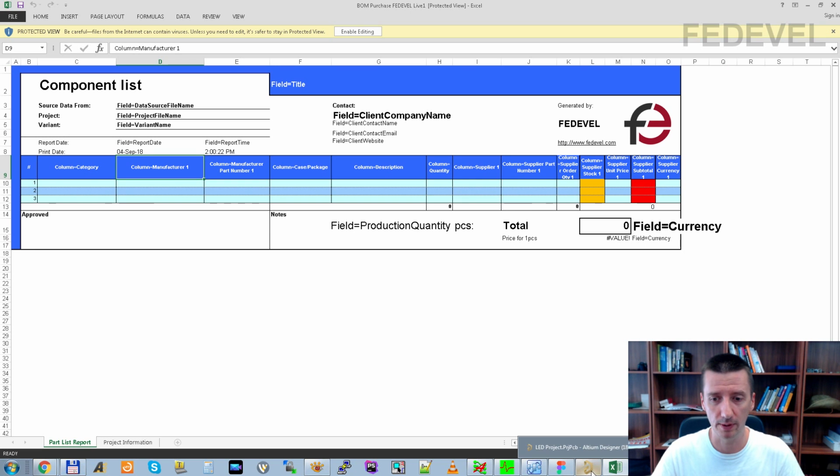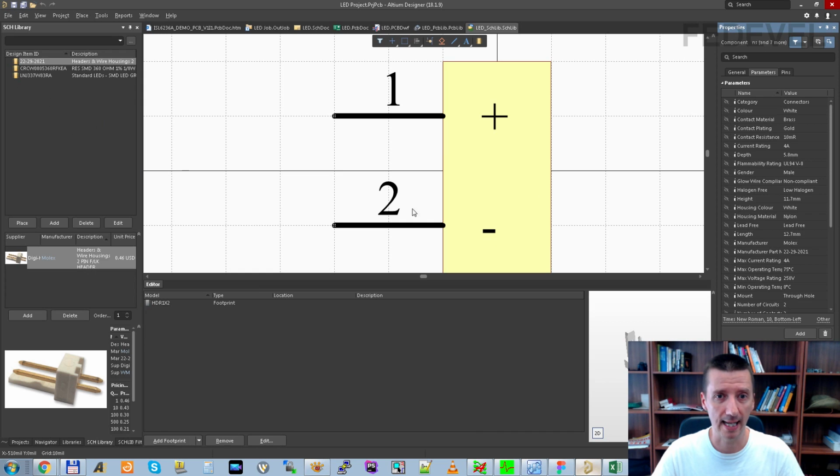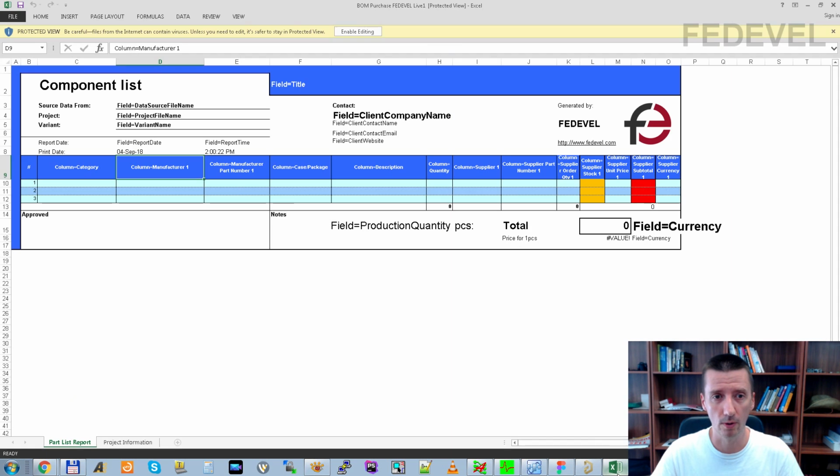If you remember, when I open Altium, this is our schematic symbol library, and these are the parameters of this symbol. These are the parameters which we imported from DigiKey, and these are the parameters which you can show in this bill of material. If you would like to add some columns, or change some columns, everything you need to do is just use this naming for the column, okay? Call it column and put here the parameter which you would like to list.